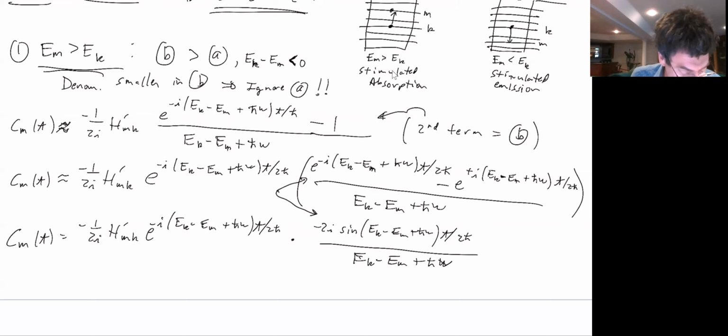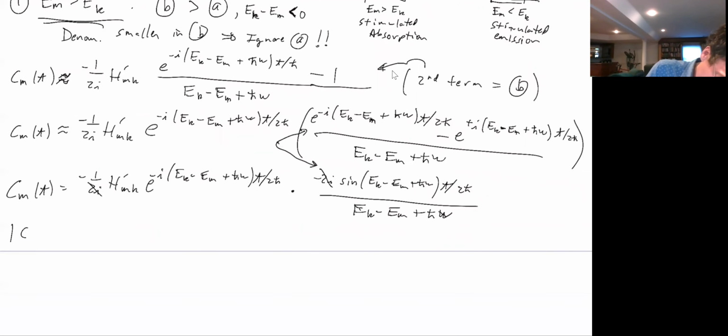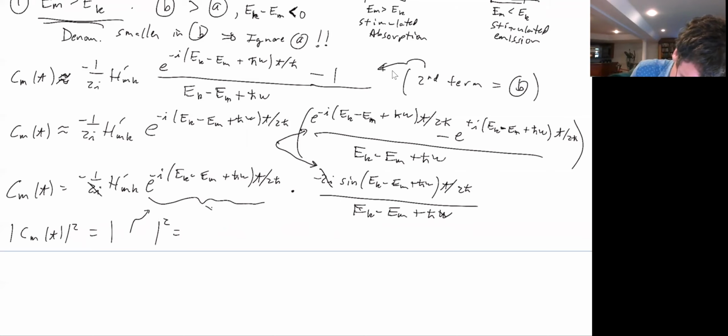And the cute little trick is not over yet, because now we can see that these guys cancel. And then we're going to take the mod square of this to get the probability. And you can see that this thing goes to 1. When I take the mod squared of this thing, then the mod squared is 1. And so it's really quite nice, because then everything simplifies and we see that the Cm of t